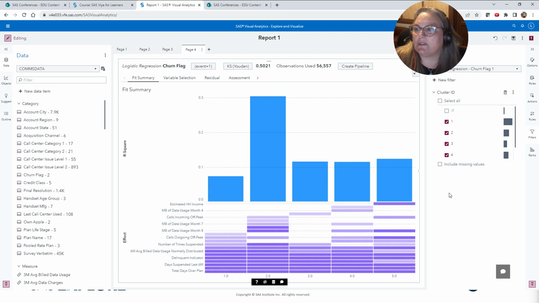And let's get rid of missings as well, if there are any. So now the logistic regression has been run 5 times, one for each cluster. We have 5 clusters.